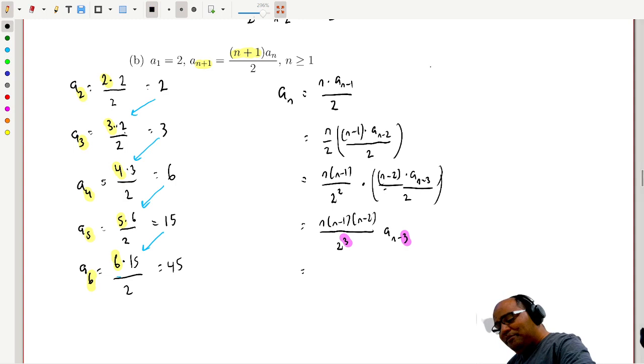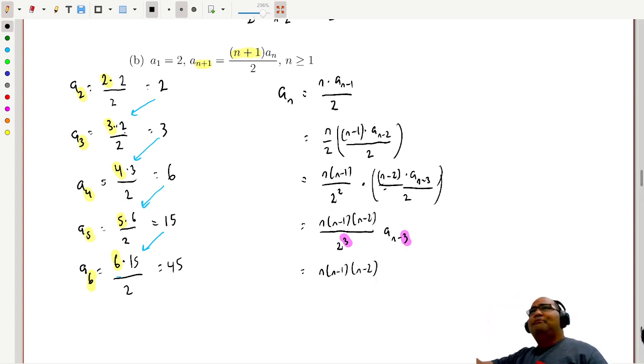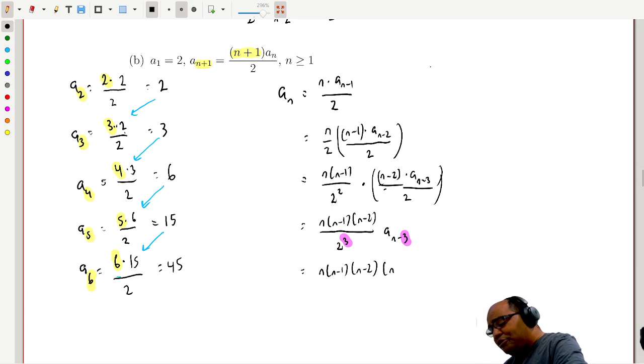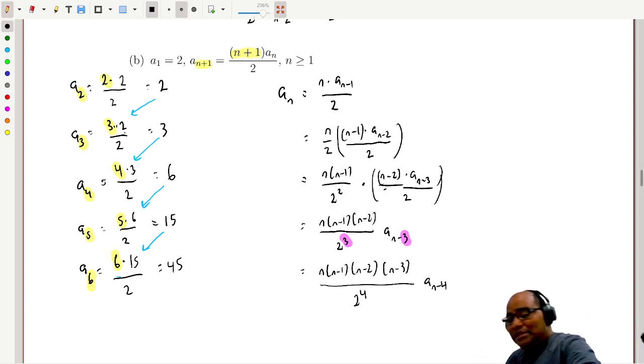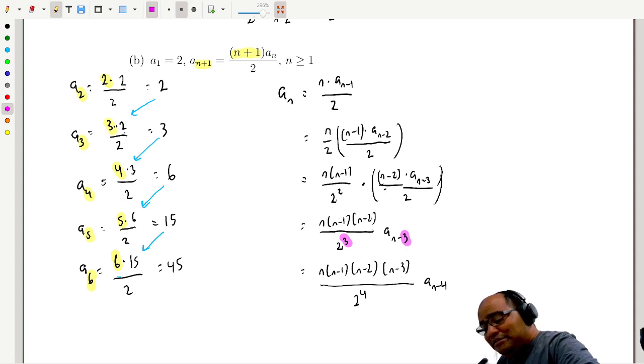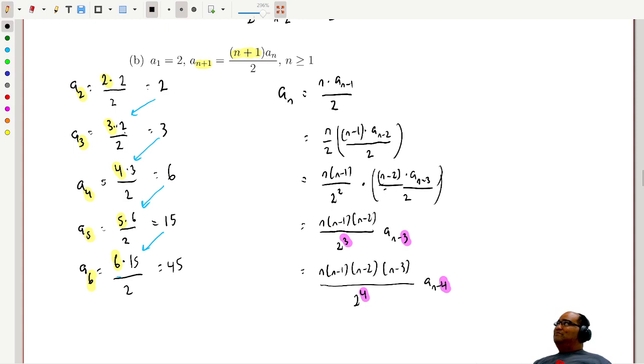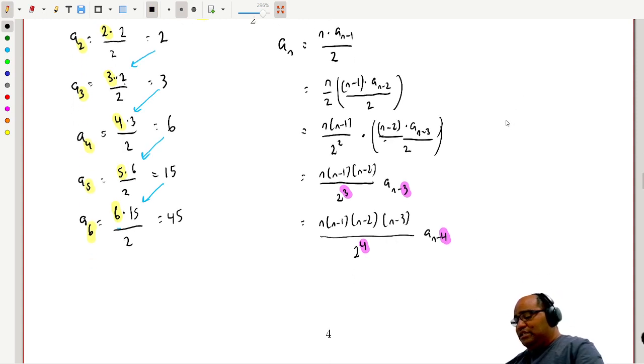Now, let's do one more, just to drive the point home, okay? n times n minus 1 times n minus 2. Now from the a_(n-3), I'll have an n minus 3 join the party. I'll have an extra 2 join the party on the denominator. And I have an a_(n-4). Okay, you see what's happening here? Okay, 4 steps down, 4 2's. Now, if you continue in this fashion,